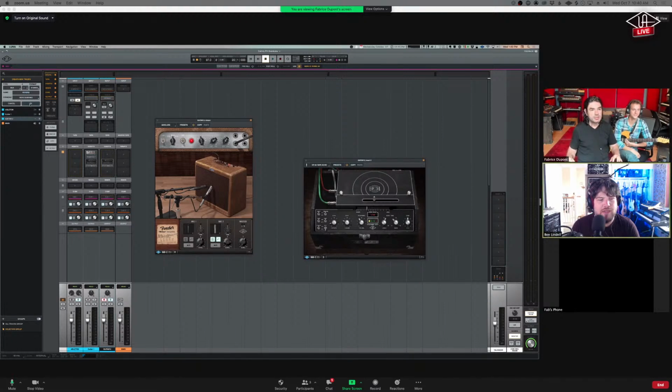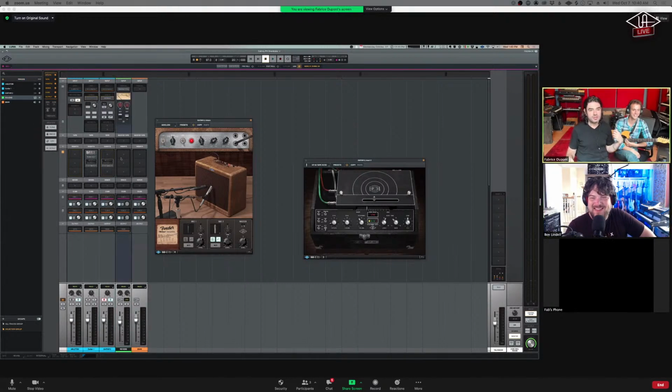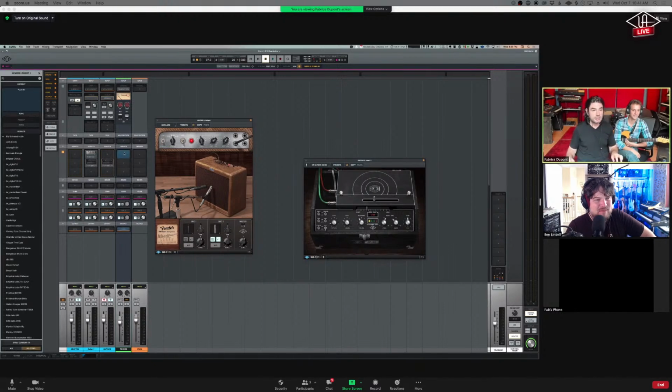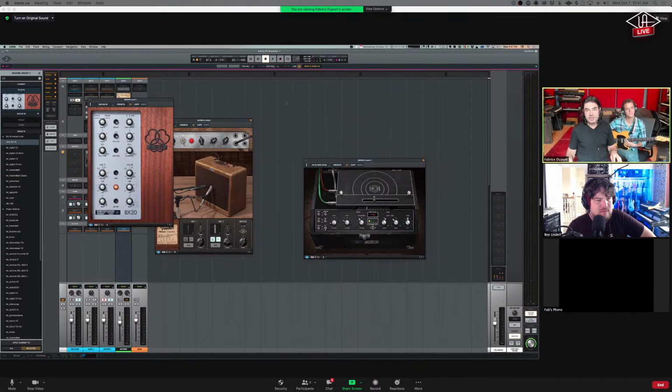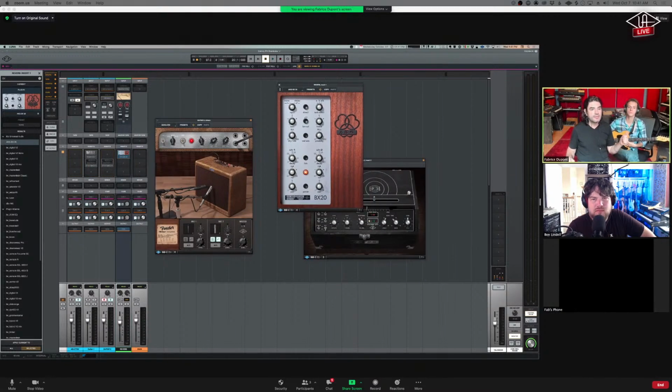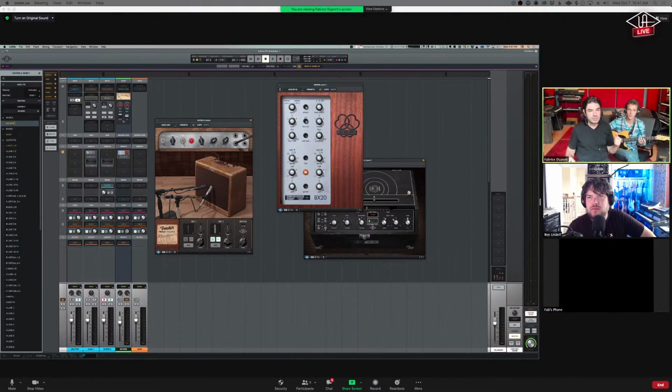Makes sense. Great name. Yeah, I'm considering a career in naming. And so I'm going to put the BX20 on there because I love how that thing sounds. And the thing that's really awesome here is I can have Mishu track through the BX20 in real time with no latency because I can put it into the ARM bus.